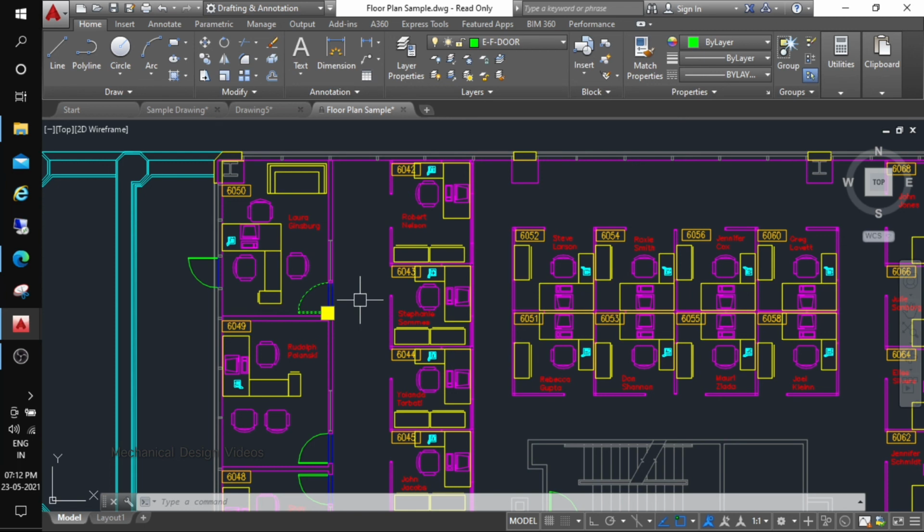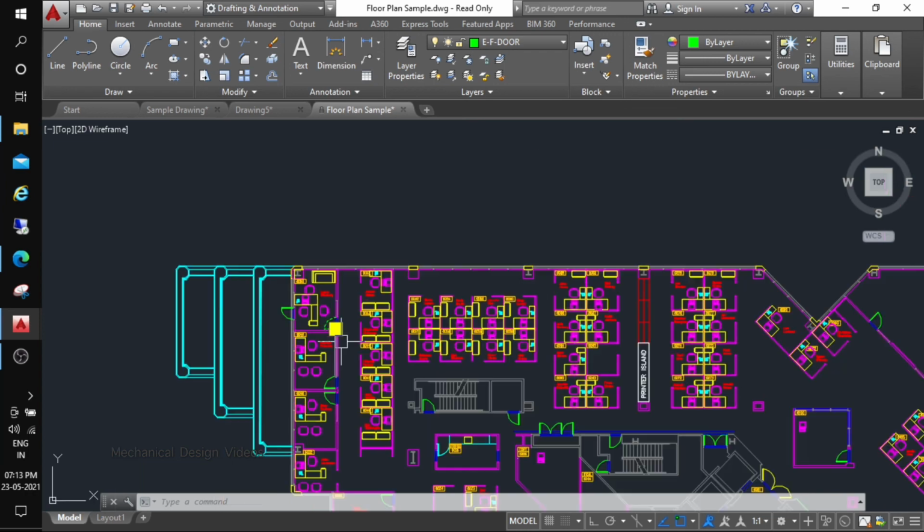You have to understand that layers are important for controlling the properties of an object. In an actual drawing there will be n number of objects, so controlling objects one by one will be most difficult, especially during revision times.